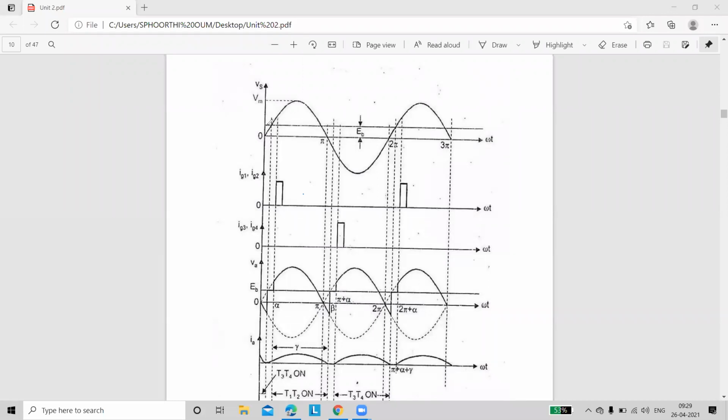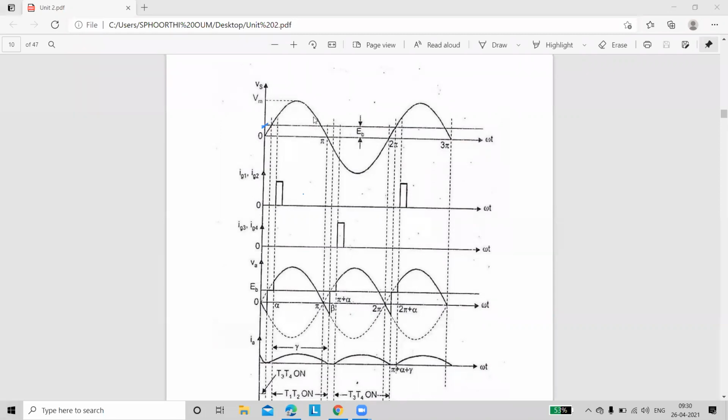Listen, already in your basics of machines, you know that in a DC motor, back EMF is going to be present. And at any instant, the back EMF does not go to zero. Some minimum value is going to exist, right? And in this circuit, for this motor, we are assuming the magnitude of back EMF is like this, up to this. So you're constantly maintaining the back EMF.